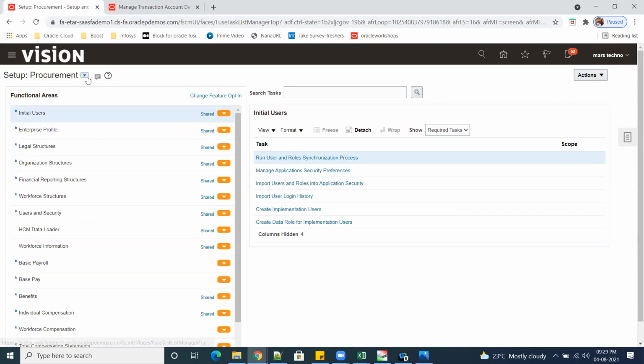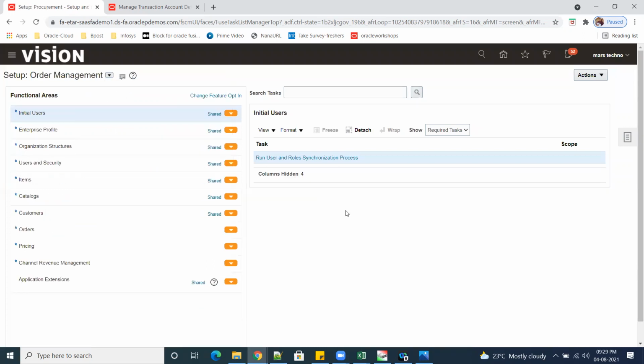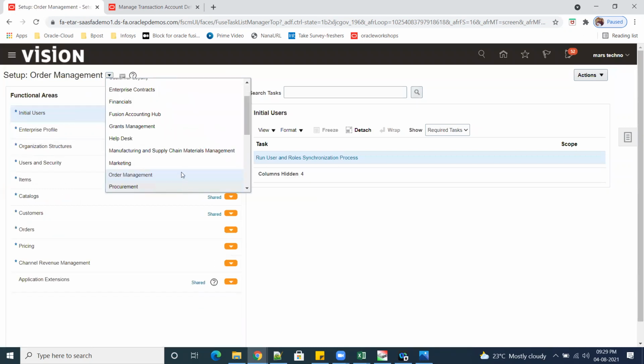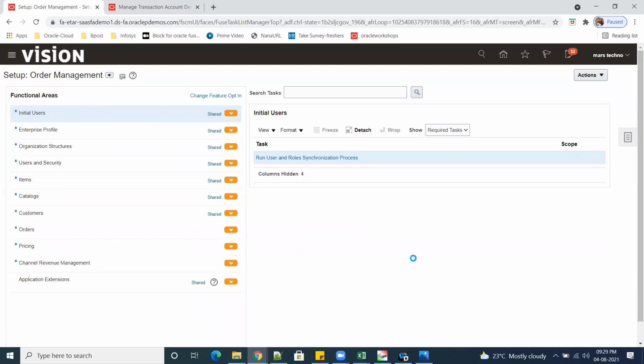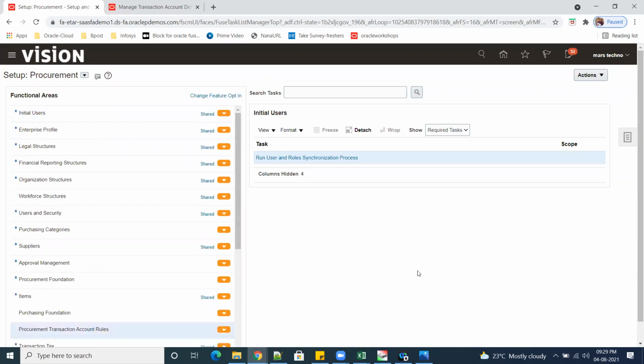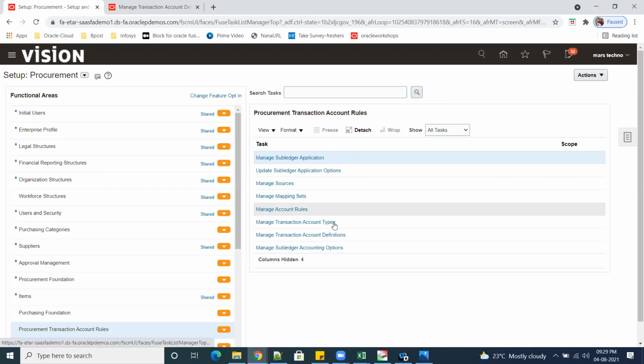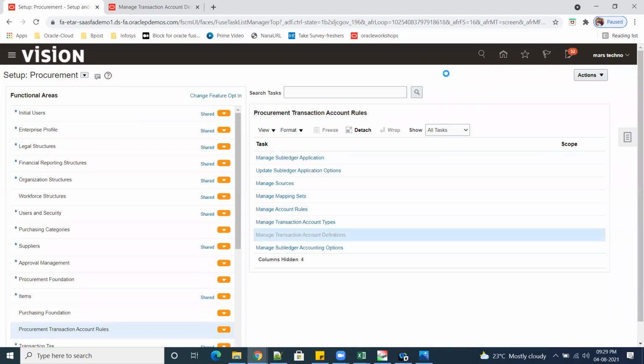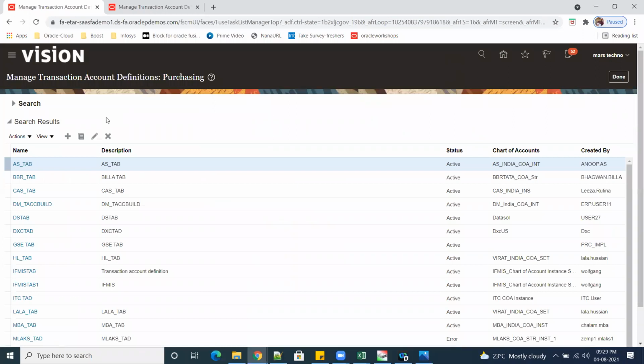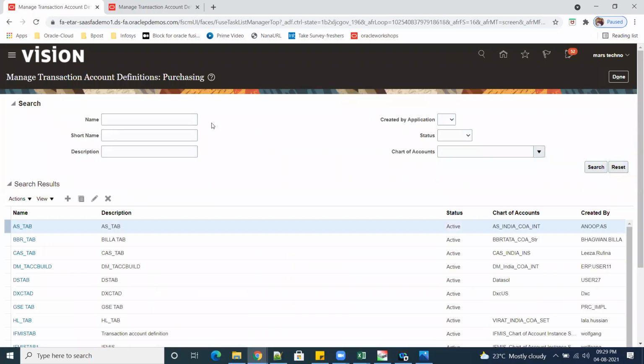Now go back there. Accounting definitions. Here TAD. So select your TAD. Search.